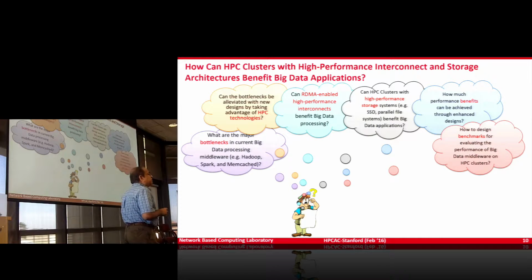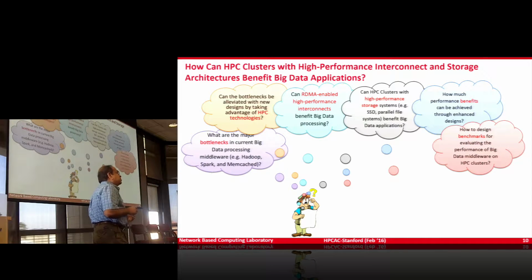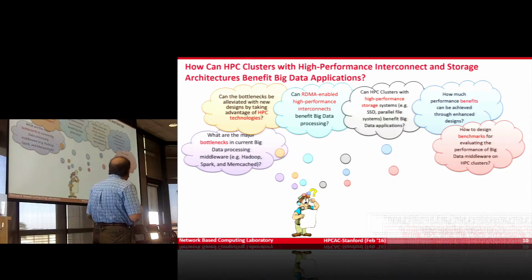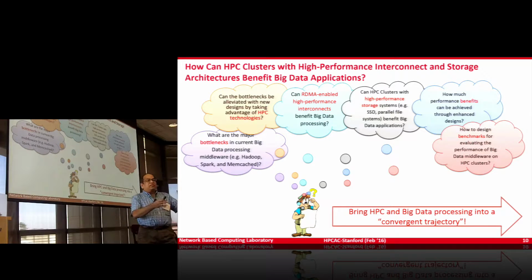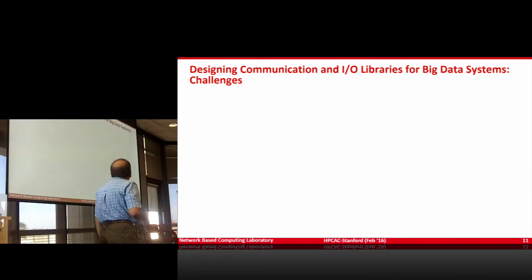These are some of the fundamental questions in my group. We asked them around 3-4 years back when we started the research along these directions. Broadly, we also asked: HPC is there and big data is there; instead of going in separate directions, can they converge so that we can use similar kinds of solutions on both sides?